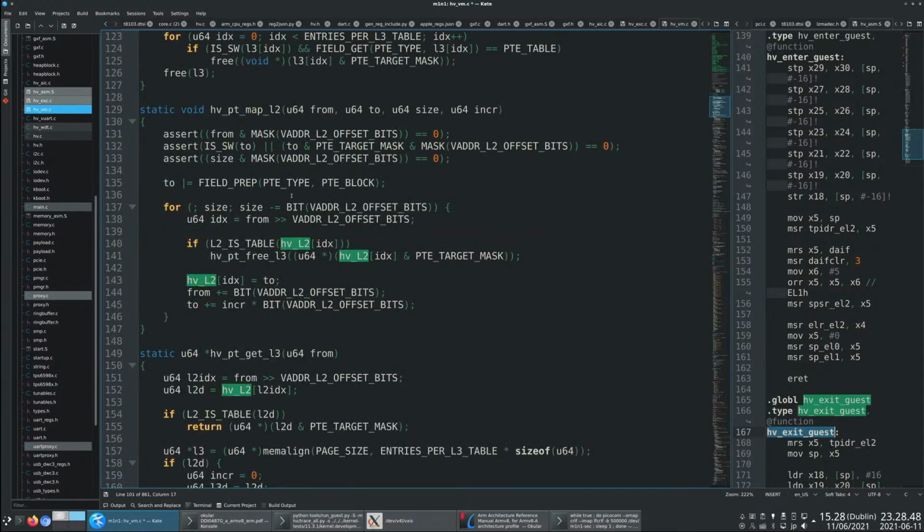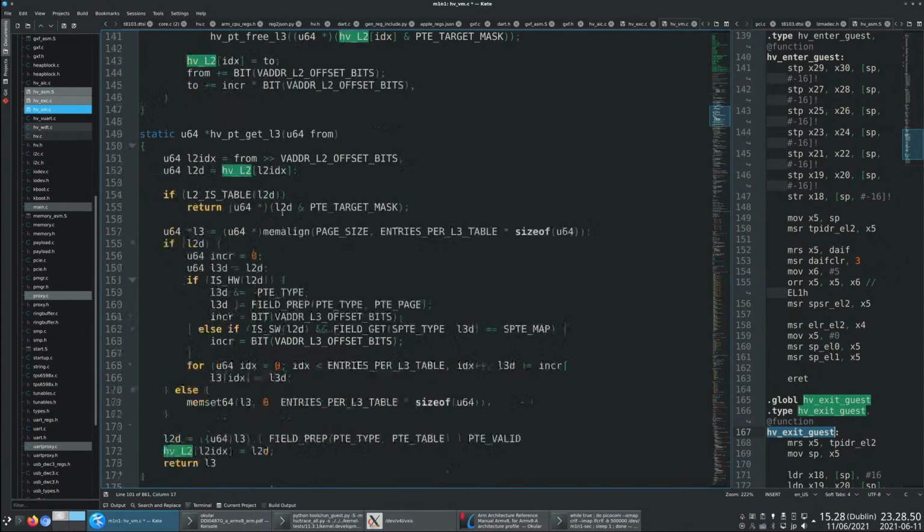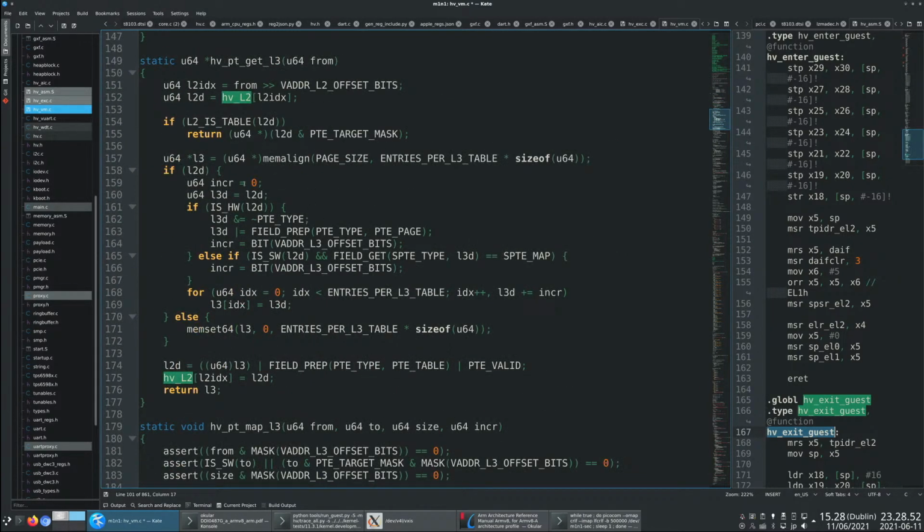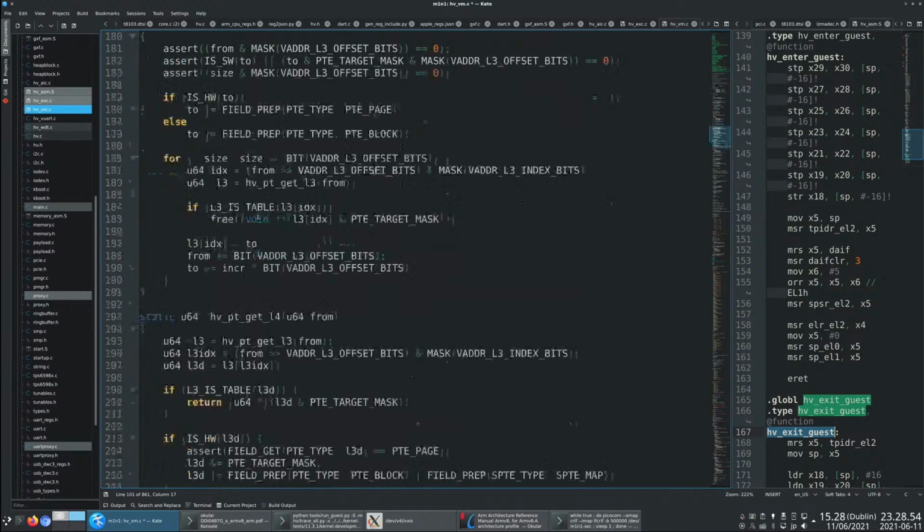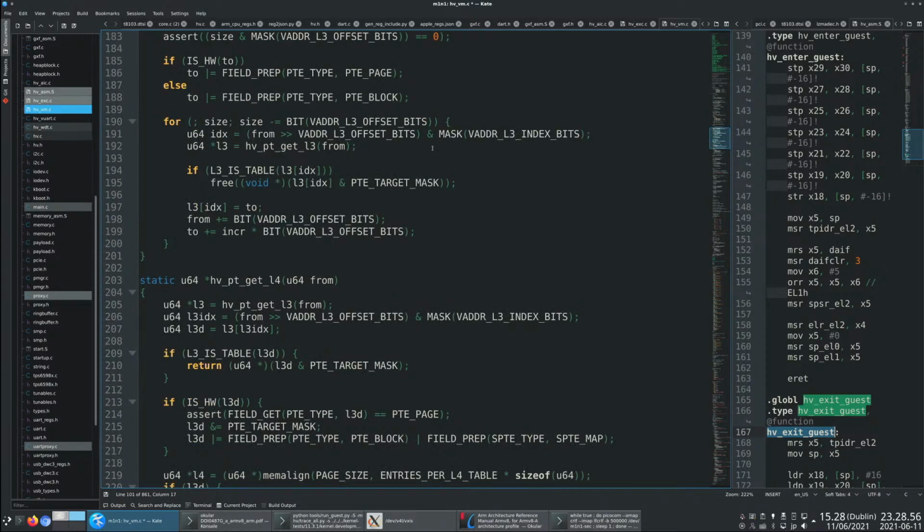It can delete page tables. It can map new things from the page tables. It can get a new page table and allocate one if it needs one. And because all the levels are a little bit different,